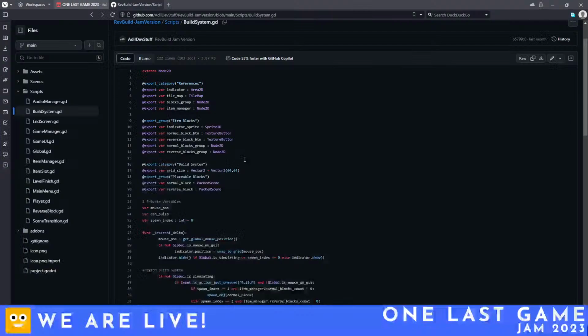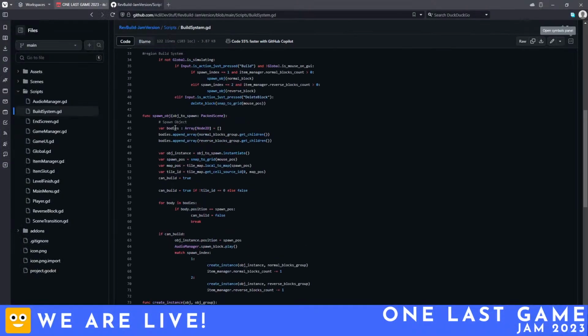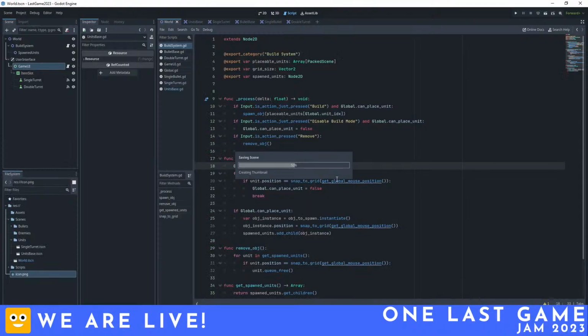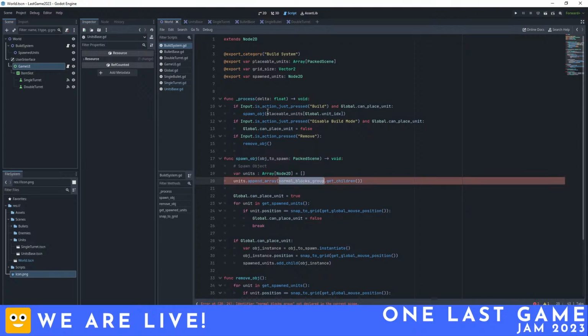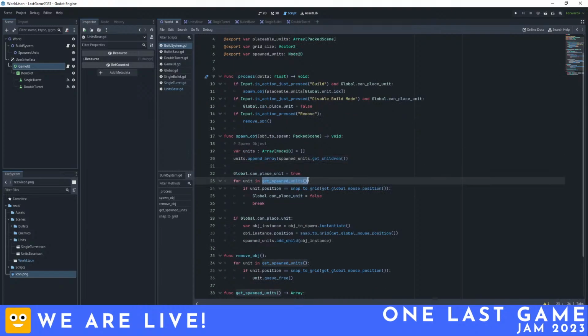So what if I tried this method, like let's say units, spawn units, so it's going to append into that units, and then I can say for unit in units, if